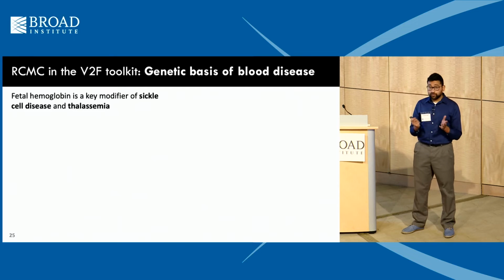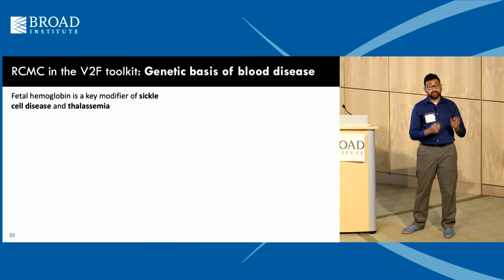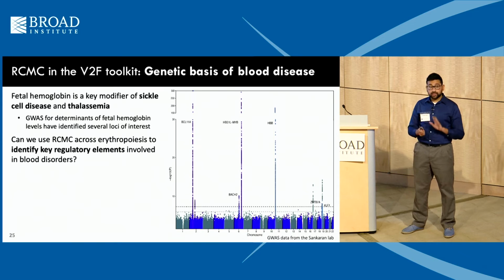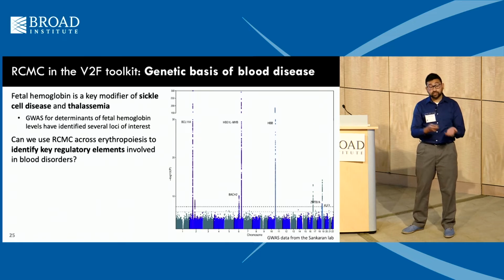And so you may be familiar that fetal hemoglobin is a key modifier of sickle cell disease and thalassemia. And previous work from Vijay Sankran's lab has determined that there are several key loci of interest that seem to be determinants of fetal hemoglobin levels. And so the question is, can we use RCMC to identify the key regulatory mechanisms and interactions at play